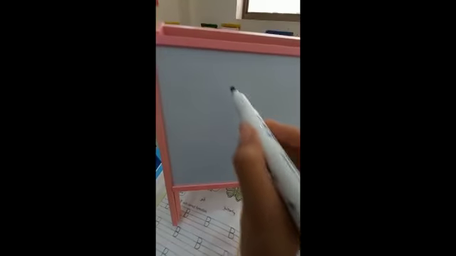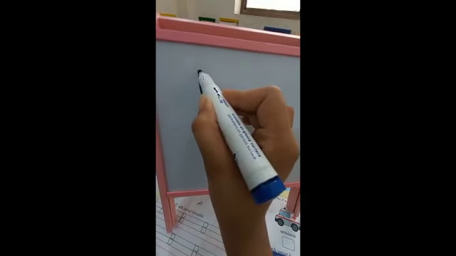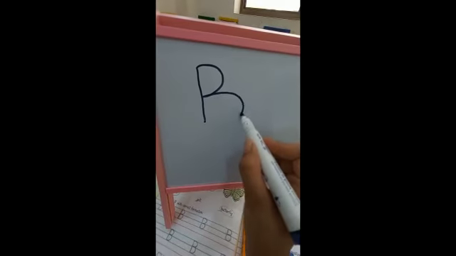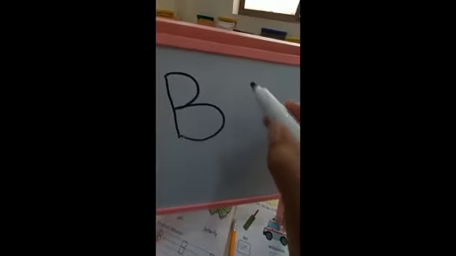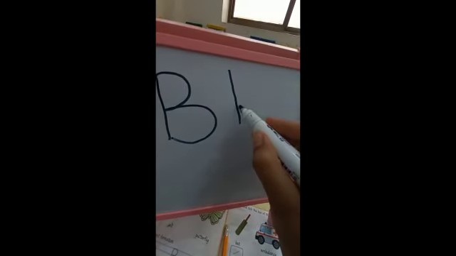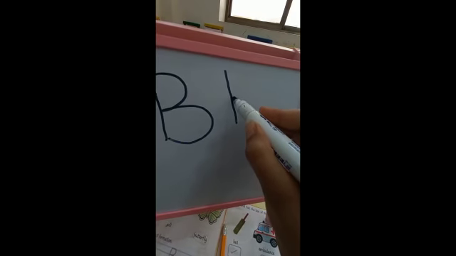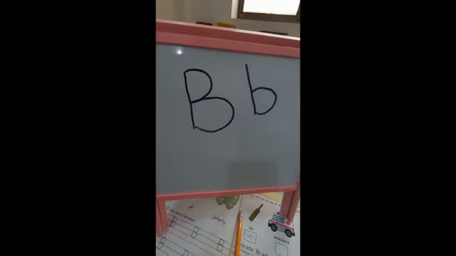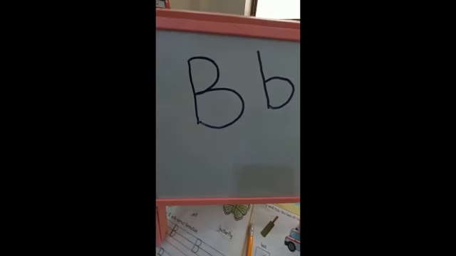We can write letter B by drawing a straight line from the top of the page to the bottom, then a curved line to the middle of the page, then a curved line to the bottom of the page. This is capital B. We can also draw the small b by drawing a straight line to the bottom of the page and a curved line from the middle to the bottom. So this is the tracing of the letter B, and it was our today's topic.